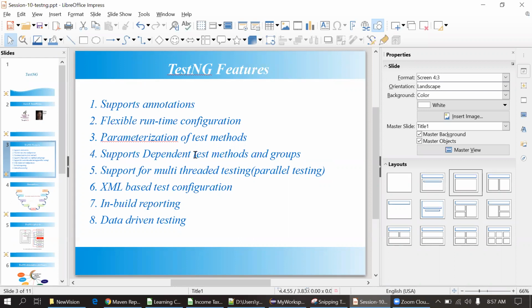Now the fourth step, support for dependent test methods and groups. For example, initially we will execute the smoke or sanity tests, and then we will execute the end-to-end flows. Suppose our basic sanity group has failed, then there is no point in executing the end-to-end test cases because our basic functionality is not working.